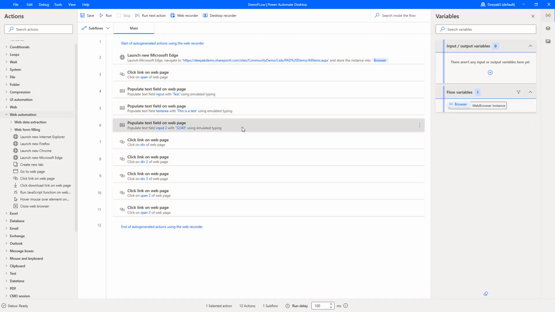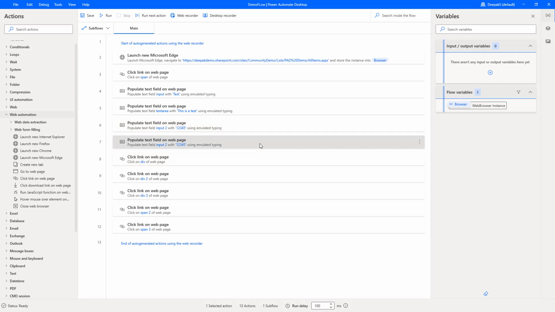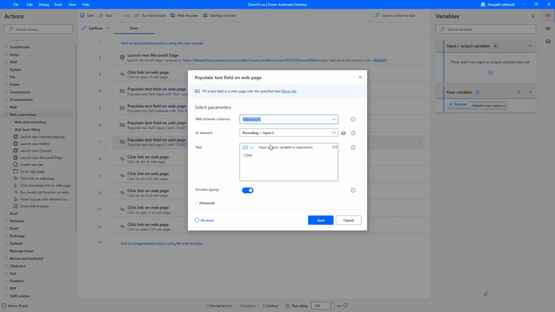So what I'm going to do is copy this populate text field on a web page. This is for that number field. Control C and Control V. So what I did, I just pasted the same information again. Now double click on this newly pasted action here, and it will open this window saying the browser instance